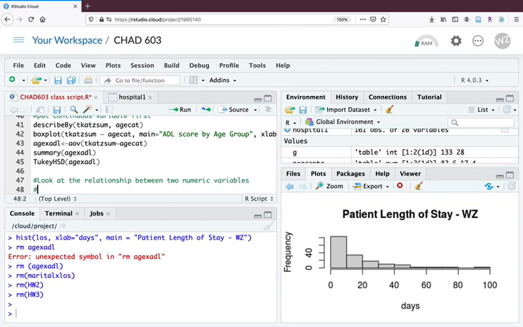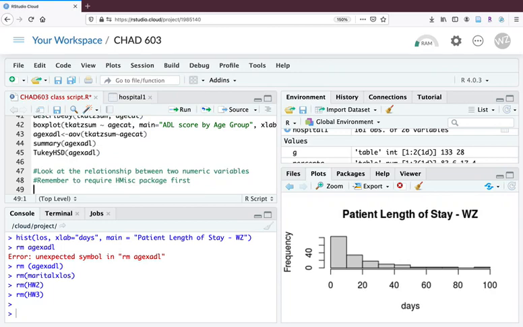So I'm going to put a notation here as well to remember to require Hmisc package first. So as with every other relationship that we explored so far in this class, we first plotted